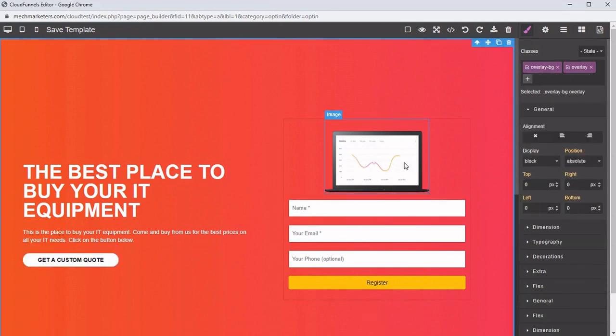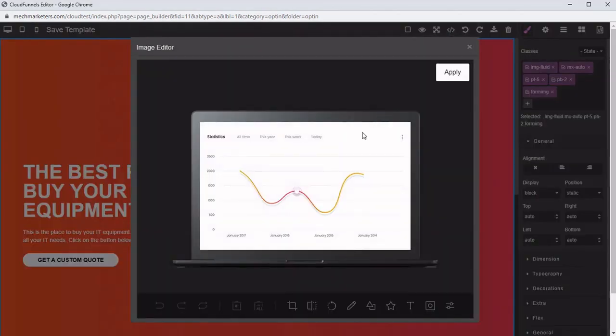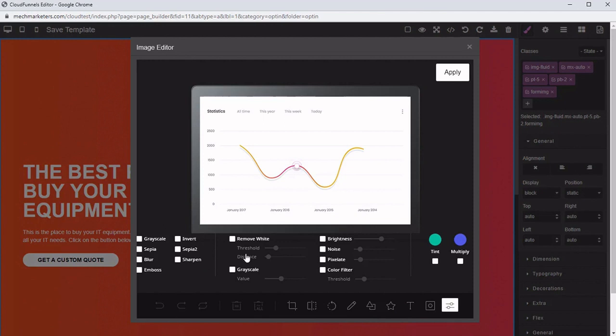And now I want to change this image. So all I need to do is click on the image and click on the edit button here. So it will open up. This is actually a powerful image editor. I can change anything I want. So if I want to draw over the image, if I want to crop it or flip it or rotate it or change it in any other manner, I can even use filters to make the image brightness and contrast different, or make it grayscale, or put it in the sepia color, whatever you want.